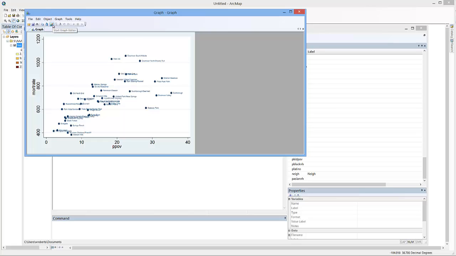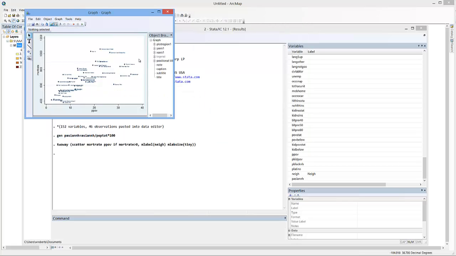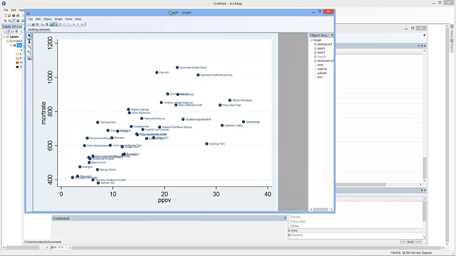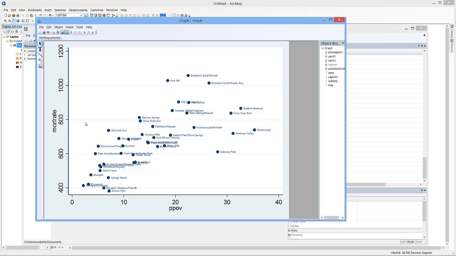From here you would select Start Graph Editor. I'm going to increase the size here. And here you can just start clicking on things. So I want to reformat ppov, so I'm just going to click on it, and then once you've got it highlighted, you can just go up to the top and change the text. I'm going to do percent impoverished, and then hit return to make it happen. Same thing with mort rate, just click on it, change the text up here, age adjusted mortality rate per